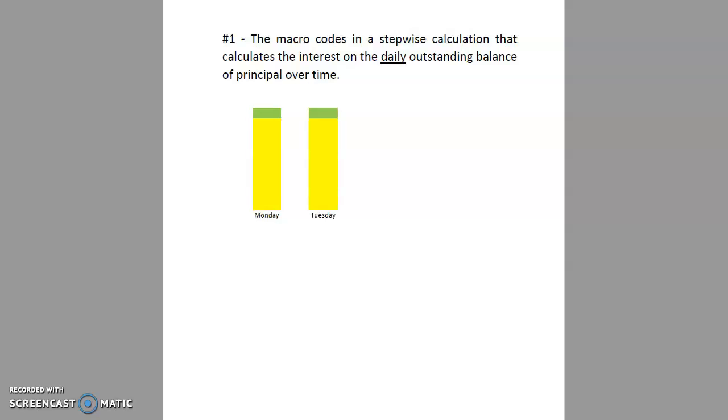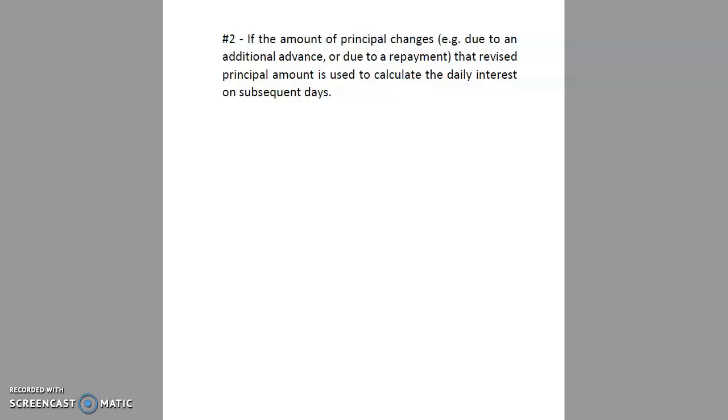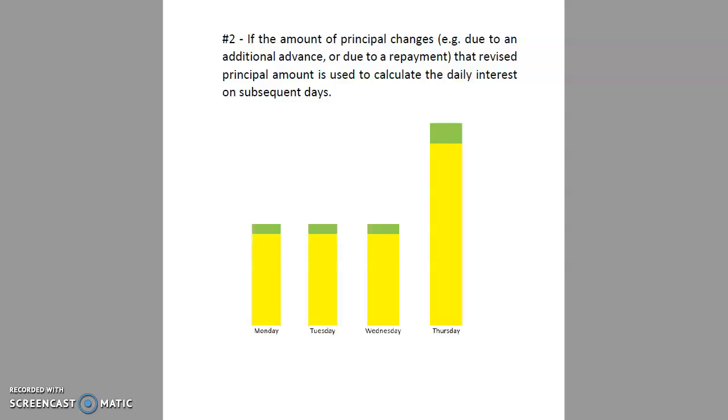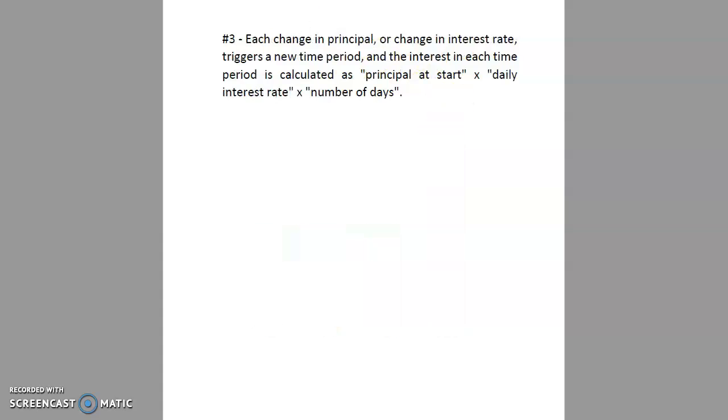On the Tuesday, it would calculate the interest for the Tuesday and continue stepping day by day through the particular time period. If the amount of the principal changes, for example, due to an additional advance or due to a repayment, that revised principal amount will be used to calculate the daily interest on subsequent days. So here, for example, we show that the principal doubled in amount on Thursday, and therefore the interest on Thursday was greater. Each change in principal or change in interest rate will trigger a new time period, and the interest